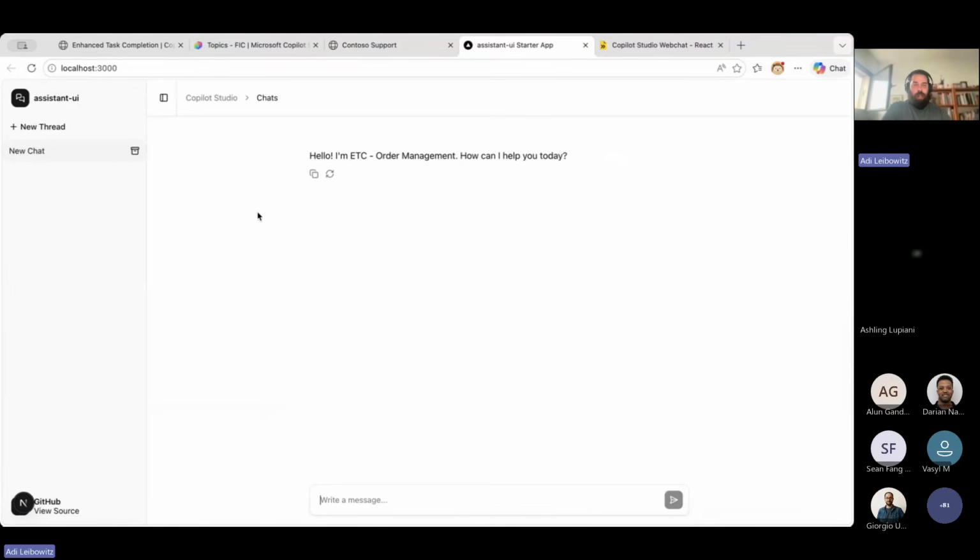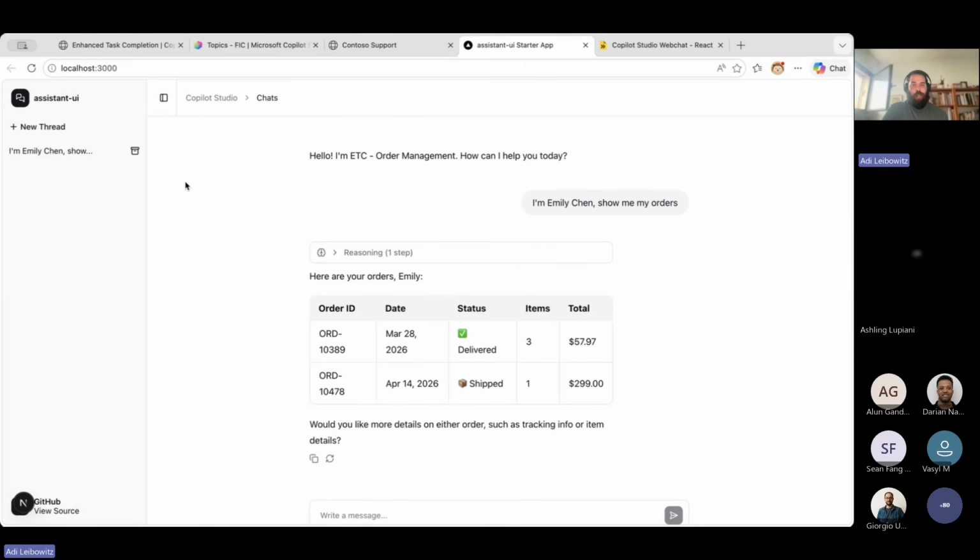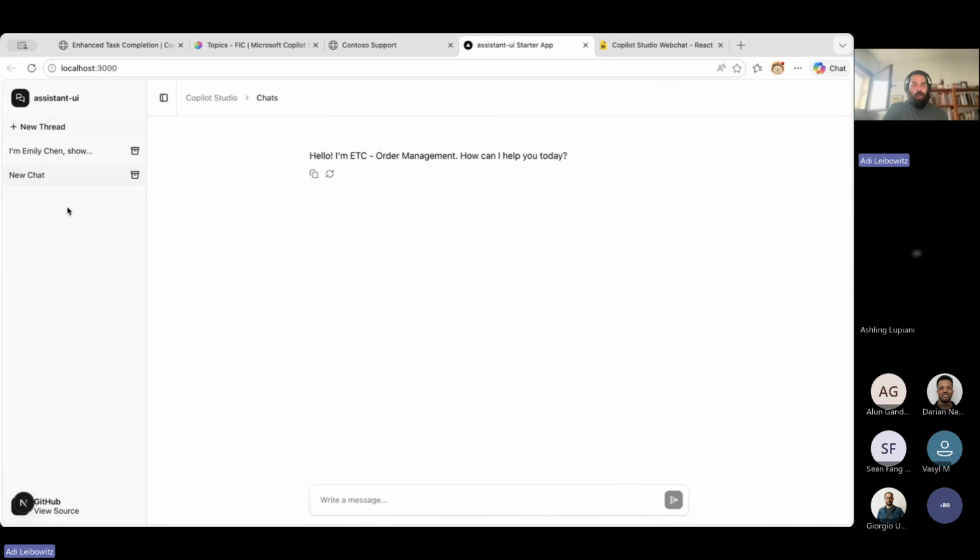Okay, so let's start with this. Let me just ask a quick question. So this is Assistant UI, which is an open source React UI framework for conversational agents. And it gives you this ChatGPT-esque experience, which you can deploy in your own organization. It gives you the multi-thread capability, prompts, streaming, a bunch of things that are built into the experience itself,